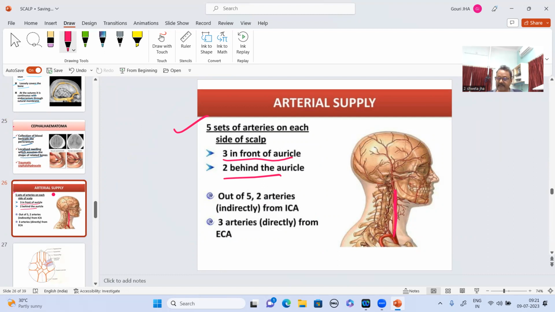The scalp region is being supplied by both the branches of the internal carotid artery and the external carotid artery. So, out of the 5, 2 are indirectly from the internal carotid artery and 3 directly from the external carotid artery. Why indirectly? Because it is not the internal carotid artery which will give the direct branches, but through the branches of the internal carotid artery, the branches will come to supply